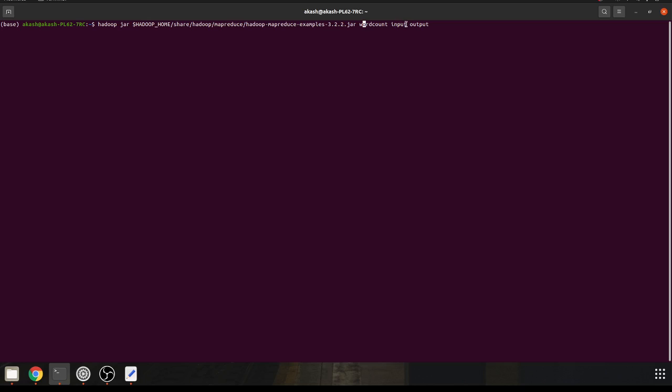I have created it in the home of my file manager, so I have not added any path. And the output file will be generated by itself. Hadoop generates it. Now I'll be running this command.